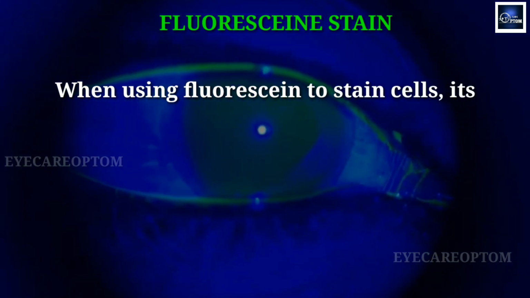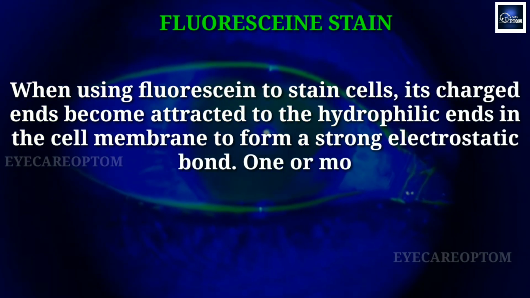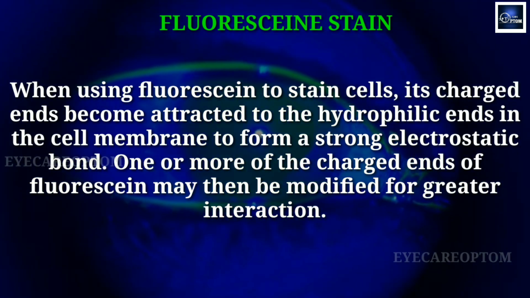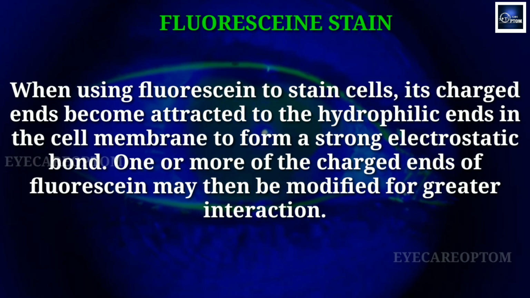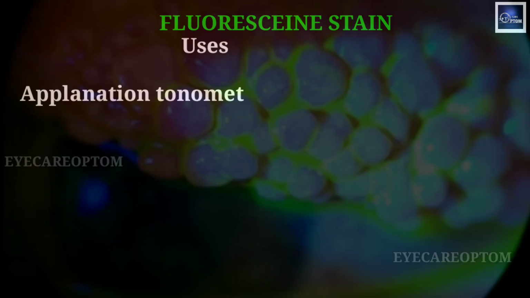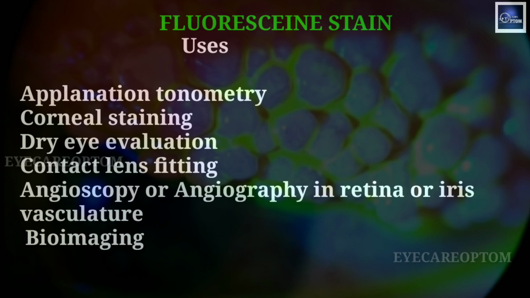When using fluorescein to stain cells, its charged ends become attracted to the hydrophobic ends in the cell membrane to form a strong electrostatic bond. One or more of the charged ends of fluorescein may then become modified for a greater interaction. It is used in applanation tonometry, corneal staining, dry eye evaluation, contact lens fitting, and angioscopy or angiography in retina or